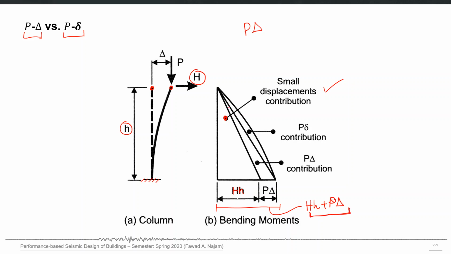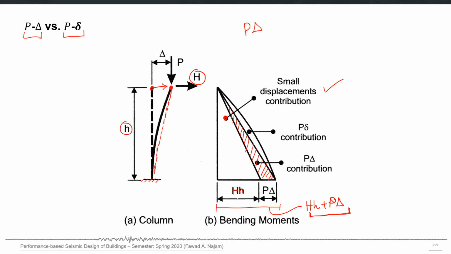Which means that this small shaded area which I am shading here right now is the contribution of P capital delta, because when we consider the deflected shape, we assume a linear line, not the actual deflected shape. We consider that this point simply translates in the horizontal direction, and now we have a new position of the structure which is a linear line, this one.